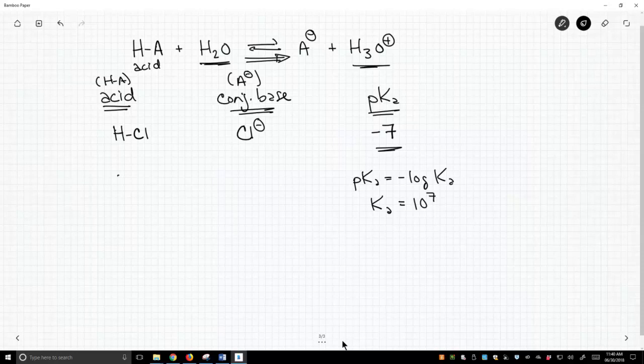So this acid, HCl, acts by giving up its proton and forming lots of H3O plus and a high concentration of the conjugate base. This is a very stable conjugate base, very stable anion, and that allows this anion to exist without being attached to its proton, so the proton comes off very easily and is picked up with water. So this is just an overly simple example of a pKa table where we just have a single entry,